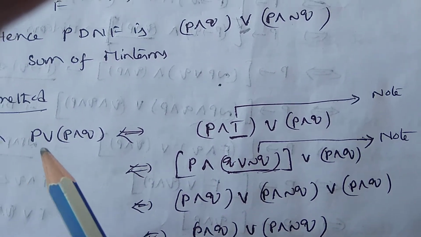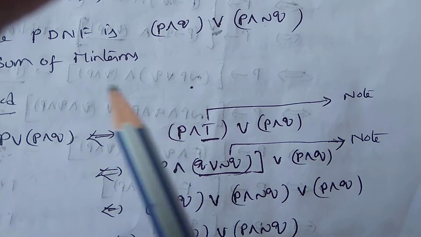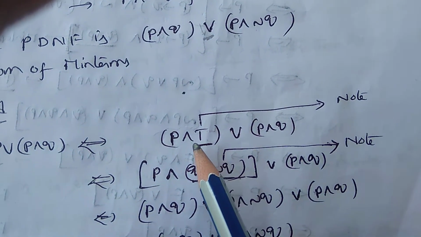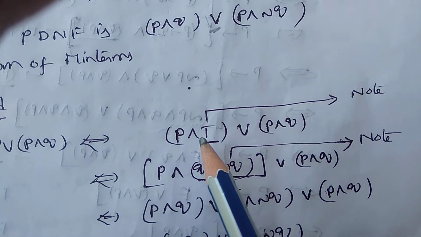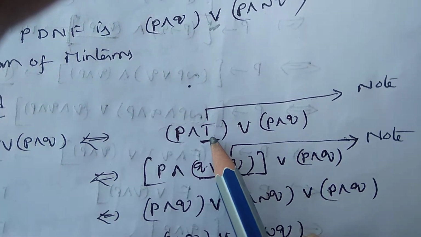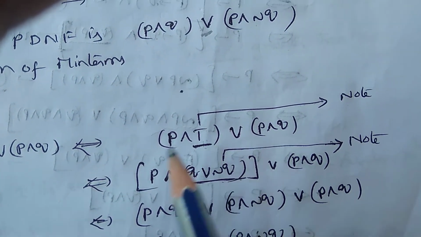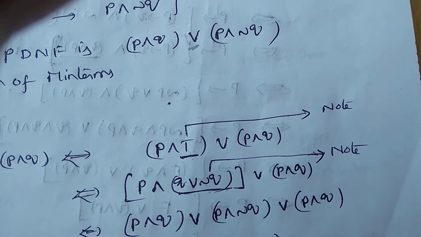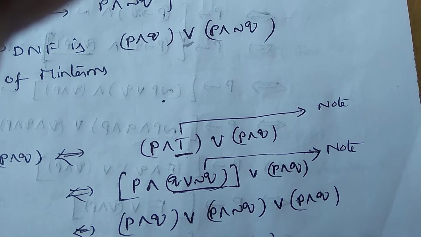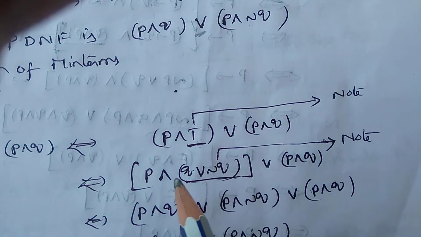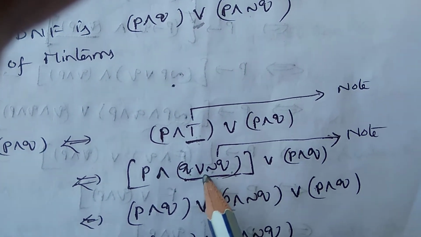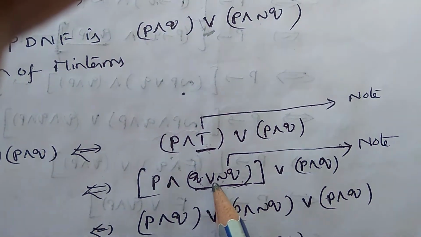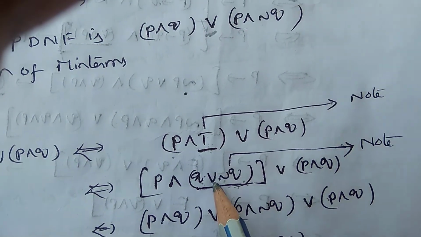So here one statement is there. To get the second statement, in PCNF you write OR F, but here in PDNF you have to write AND T. T is the universal set. T can be written there, and F can be written as another statement and its negation with the AND symbol. Here T is the other statement and its negation with the OR symbol. So P and the other statement Q, so you have to write Q or negation Q. This is important, keep it in mind.